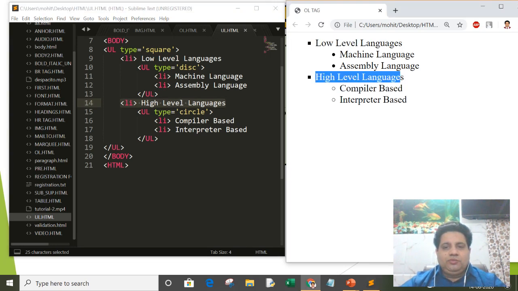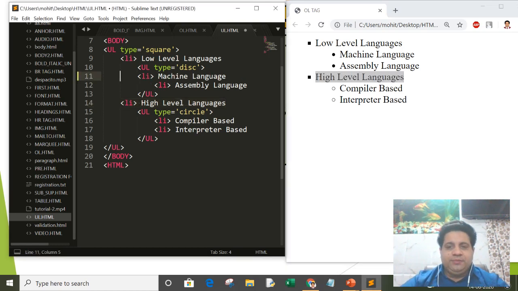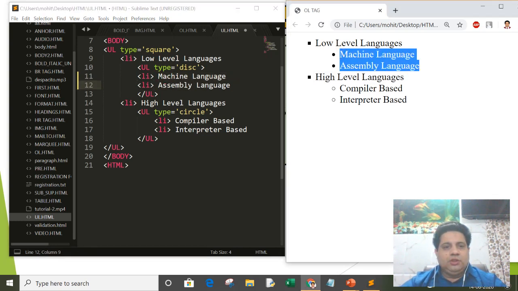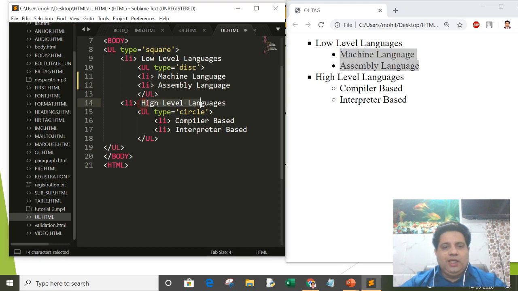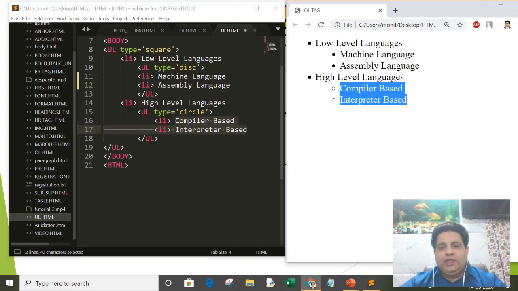Then within the outer UL you are getting type equal to disk: machine language and assembly language. Then within high level I am using type equal to circle, and you are getting compiler based and interpreter based.